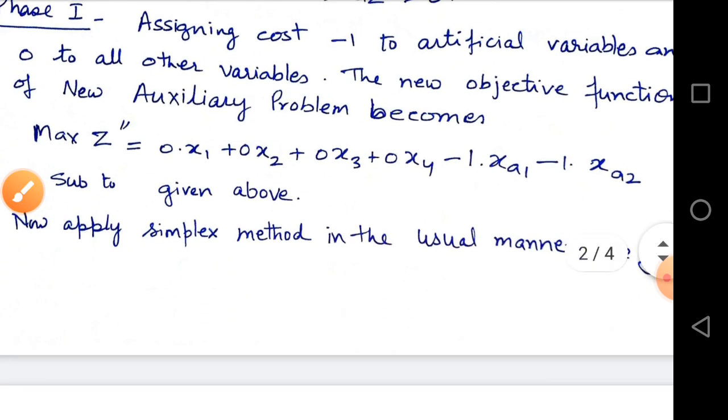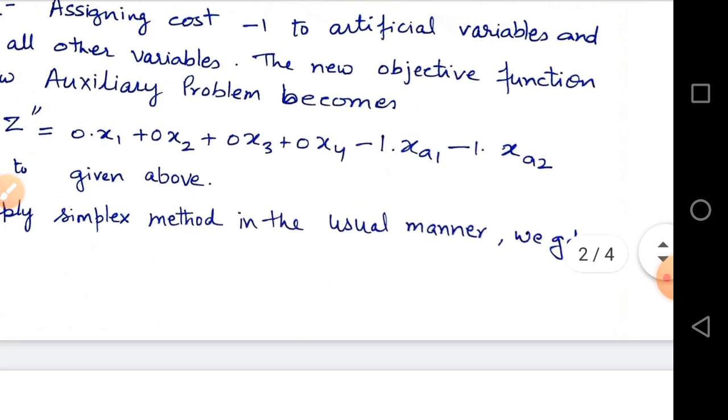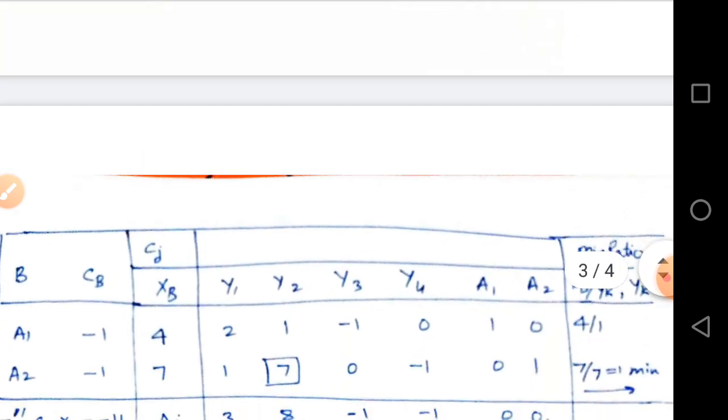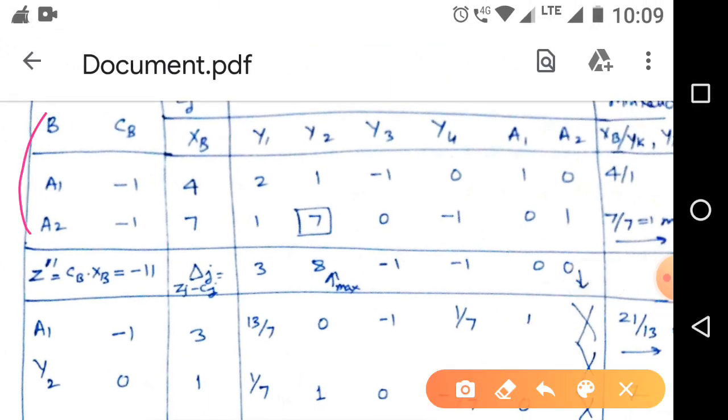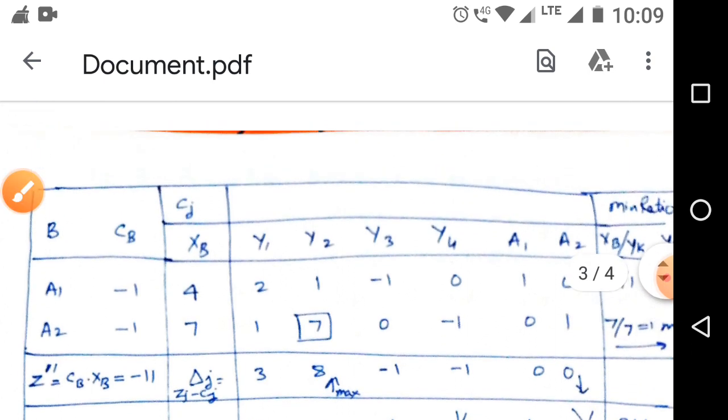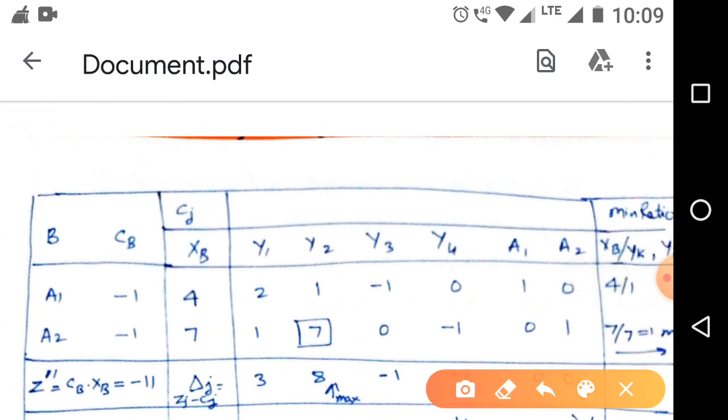Now apply the simplex method. In the usual manner, we get this type of table. In the basis we have the artificial variables xa1 and xa2, and in the cost coefficients we assign 0 for x1, x2, x3, x4 and -1 for each artificial variable.